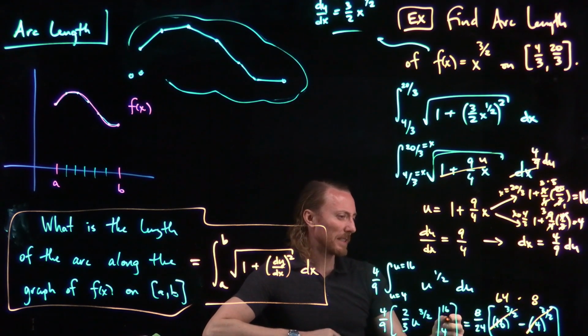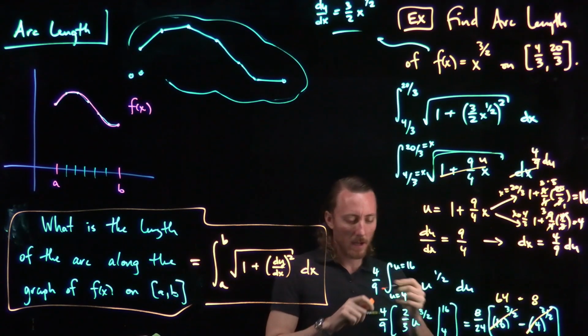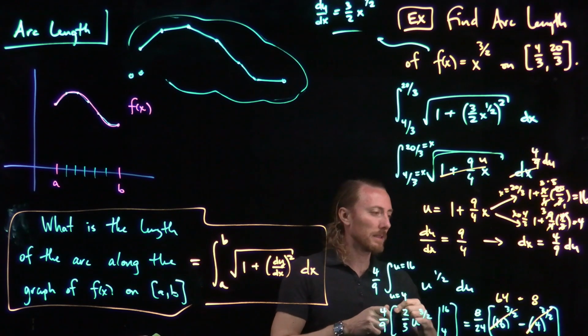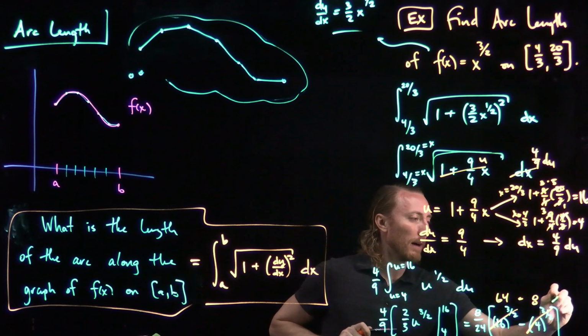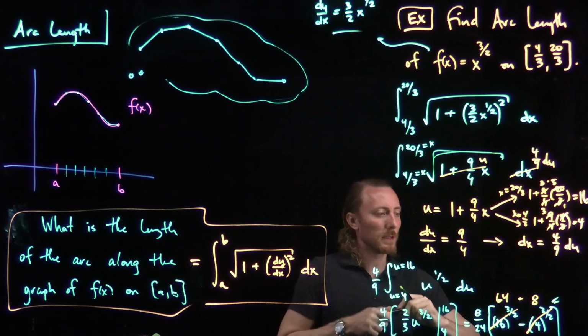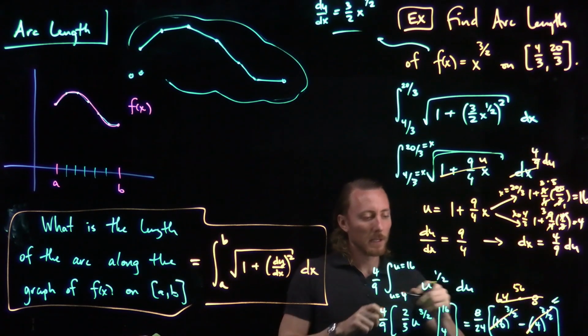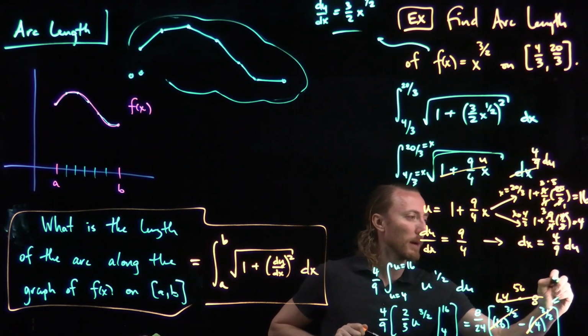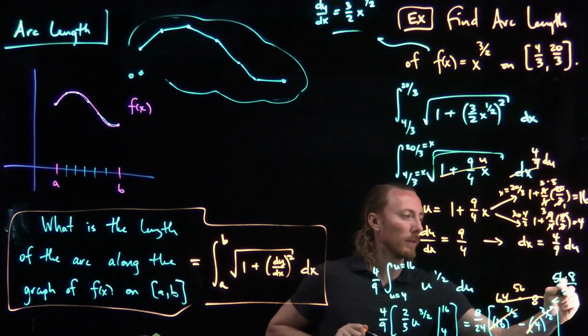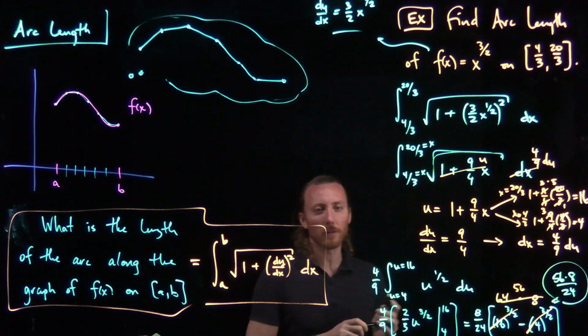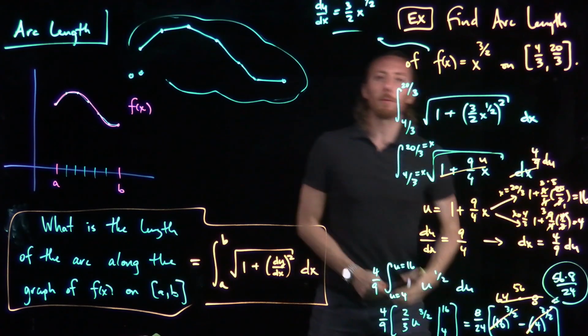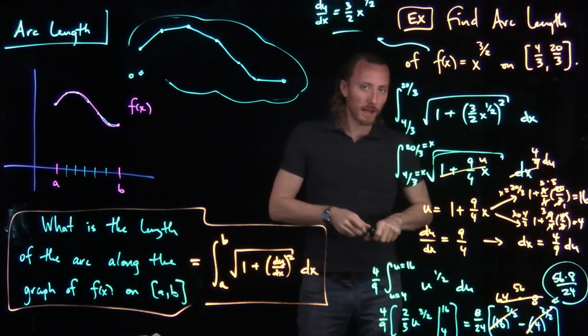Let's see, 64 minus 8 is 56, right? So whatever this comes out to be, this is kind of a nasty number, but it is what it is. The result here, again, this was 56. So let me just write it as 56 times 8 divided by 24. I realize that's probably able to be simplified, but this example actually echoes something about arc length,